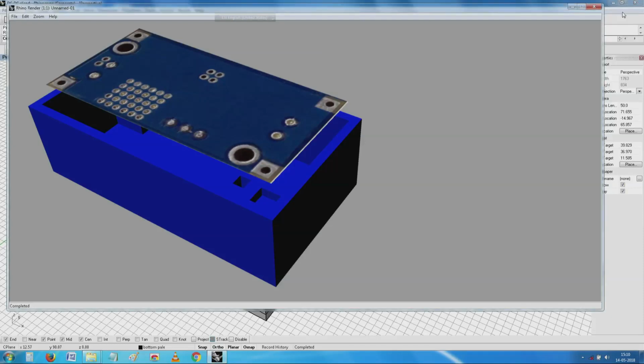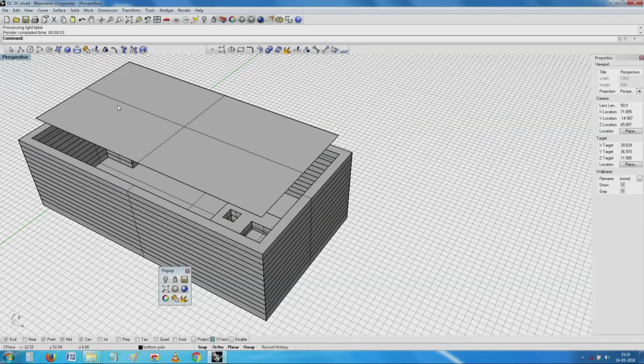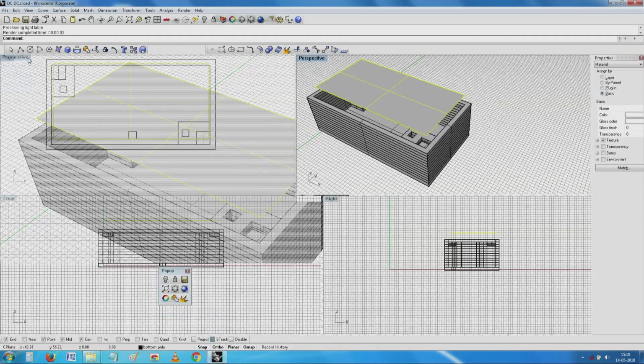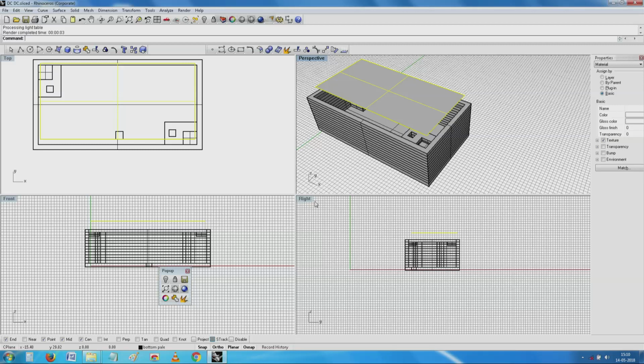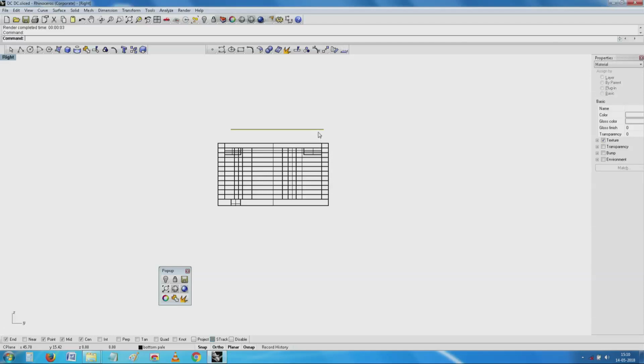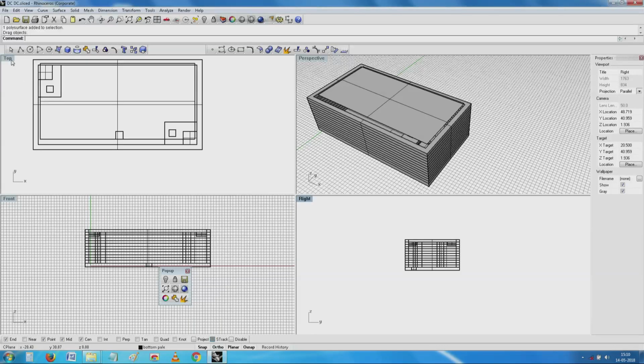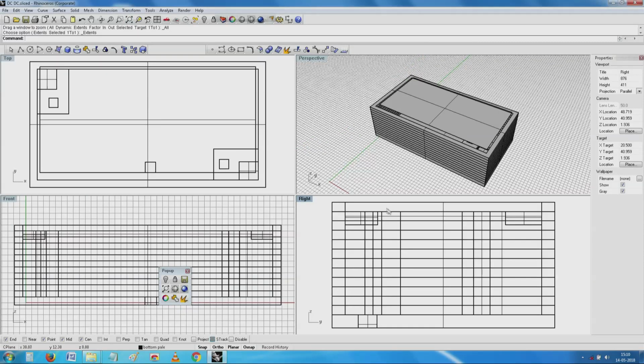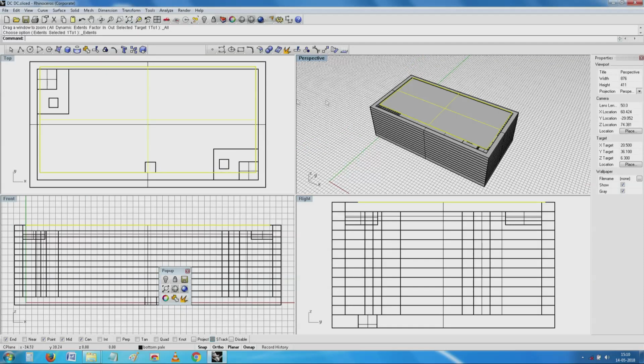So, what I will do is I will now try to lower this circuit down, not perfectly aligned.